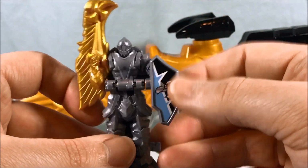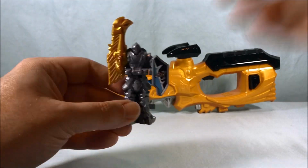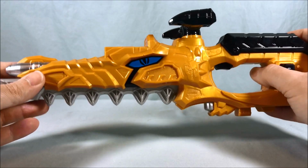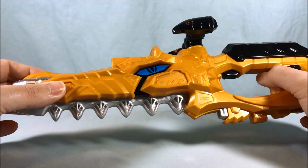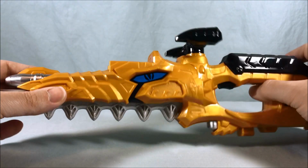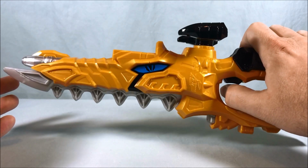So there you go, very cool. We'll check this out in the changer and the sword a little bit later on. But for now, we'll put it aside and we'll take a look at the blade. Very cool. It kind of looks like an alligator to me. At least that's what I think of when I first see it. But I'm assuming it's supposed to be like Mosa Rex. But if you press the trigger,